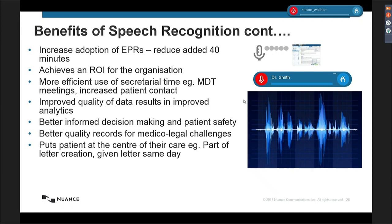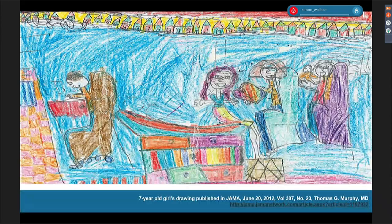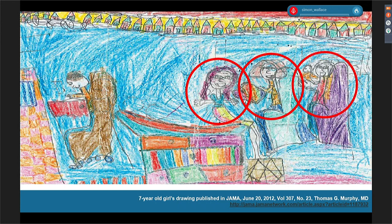I'd like to finish off with a painting done by a 7-year-old girl. Here she is in the consulting room with her clinician. There's her sister who's reading her magazine. That's her mum holding her baby sister. Here is the EPR on the left-hand side, with the clinician busily recording the consultation. And this particular girl drew this painting after what had been a satisfactory consultation from a clinical perspective, and sent it in to the clinician. And the clinician was so overwhelmed by this,